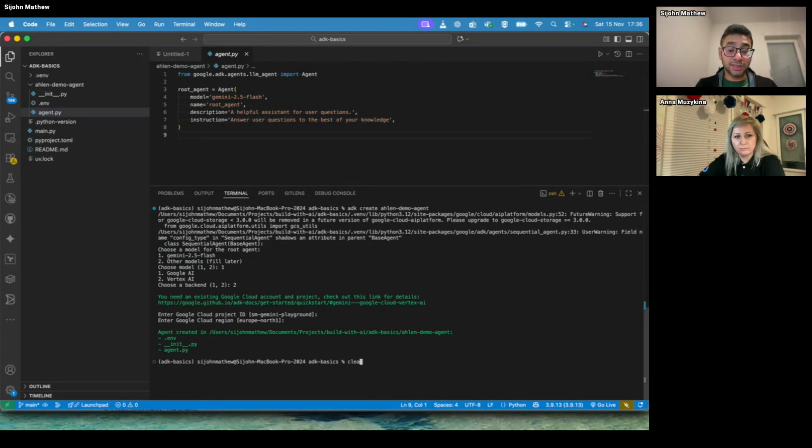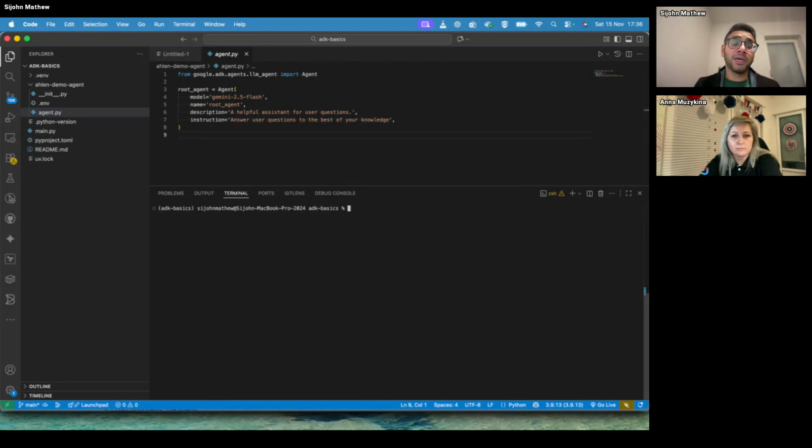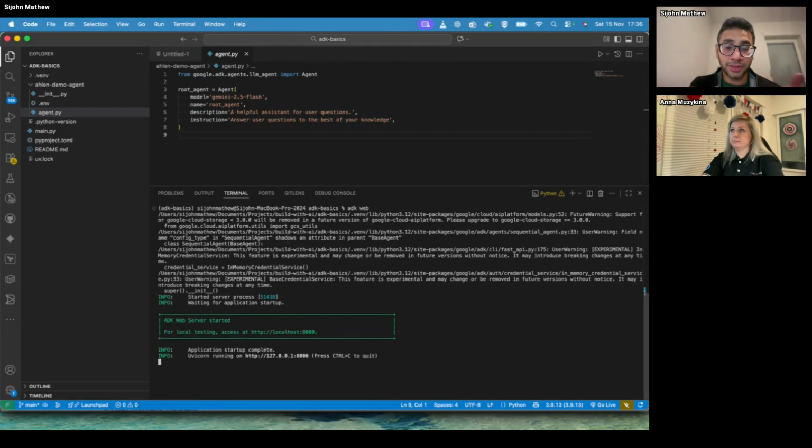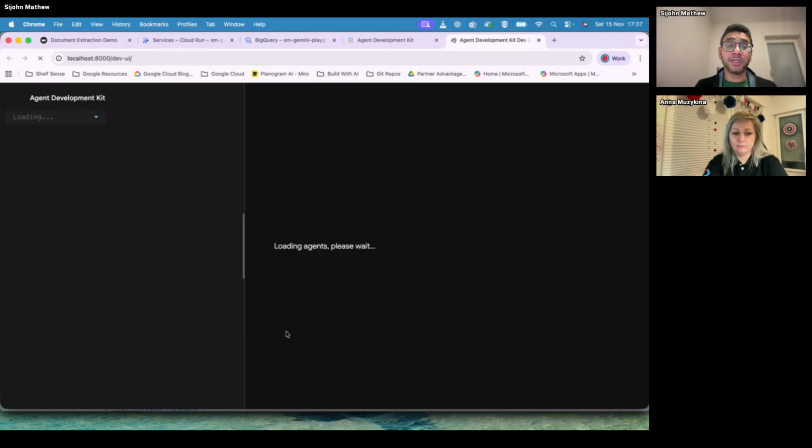So how do you test this? The ADK framework has given multiple ways to test it. I have skipped that slide, actually, I should have shown that. One is using a simple web framework. By running adk web, it will spin up a small server just for you. This is not for production use, this is just for testing purposes. And here you can actually go and test our agent. Now our agent is running on localhost 8000. So if I open this,